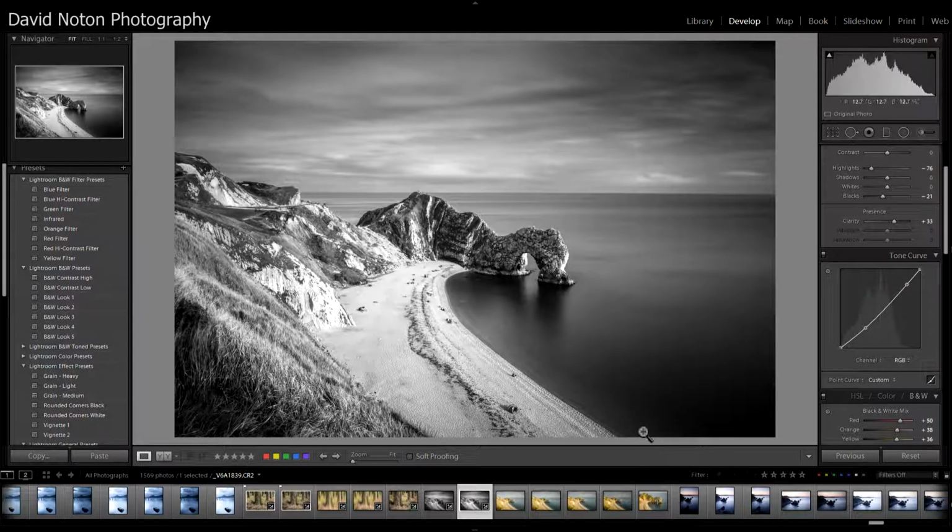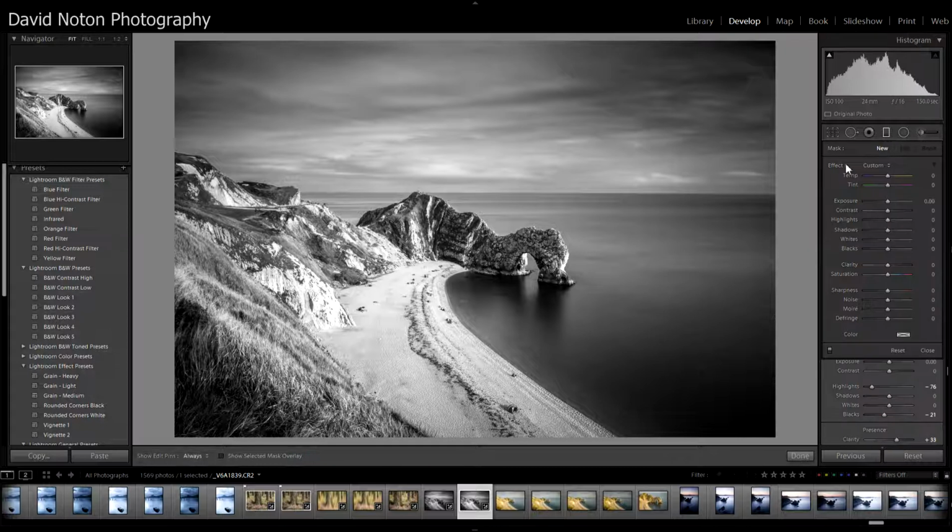And now if I just look at the sky, I think the sky needs just a bit of contrast, and to achieve that I'm going to use the grad tool here. So if I now just hold down the shift key and put a bit of a grad in here, a fairly hard grad, and normally I use the grad tool for adjusting the density of a picture, of an area, typically a sky, but not always,